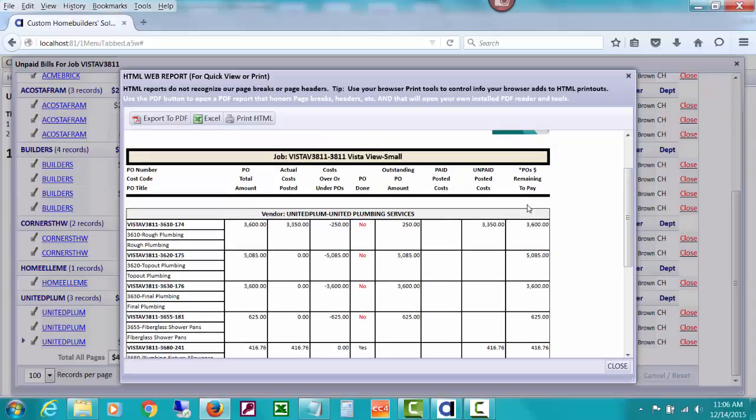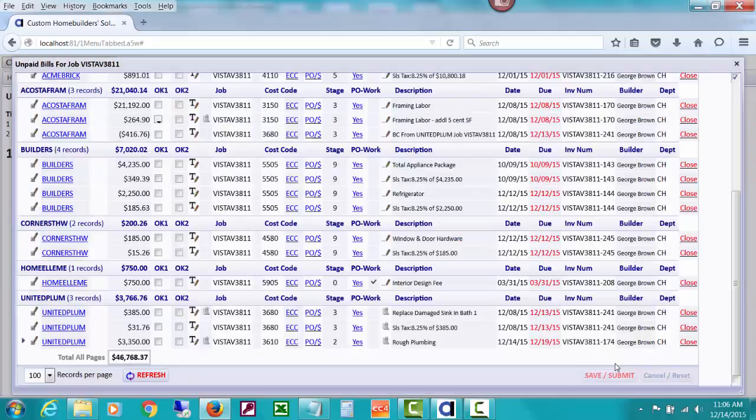If this PO would get marked as done, PO done, but it's not yet because you are going to go ahead and pay the 250. It's showing remaining to pay. We have posted unpaid costs, but we still have the whole 3600 to pay. So you can see how much review that person can do and how much the office can communicate with the